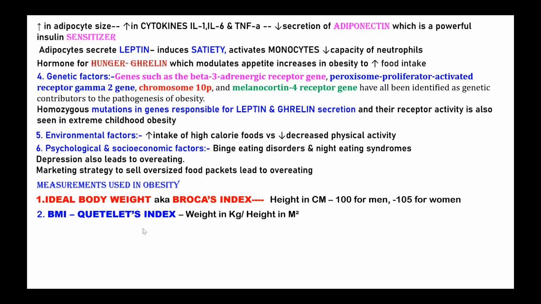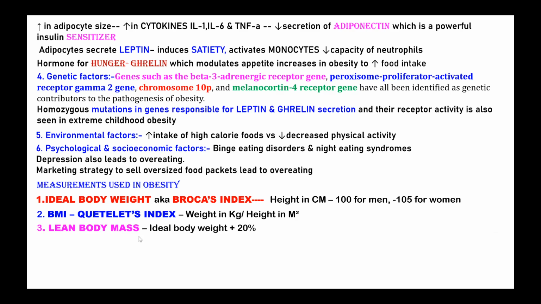In Western countries, when insurance schemes came into practice, people who insured obese patients died much faster, probably because of metabolic syndrome and other things, and the insurance companies had to pay a huge compensation, the death assured amount. So a person by the name Quetelet, who worked in an insurance company, found out this BMI and said beyond 30 we won't insure you because the death rate is very high. That is how BMI is also called Quetelet's index.